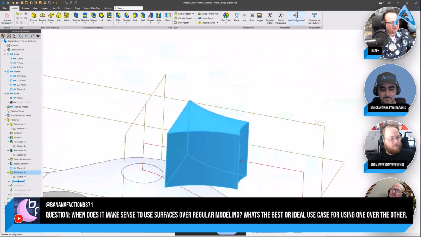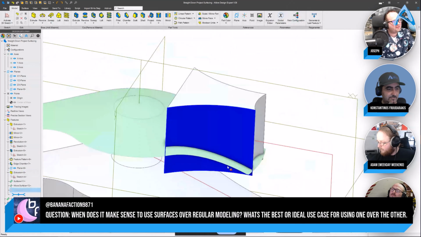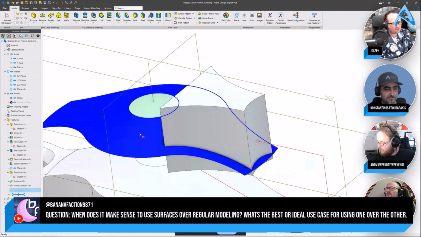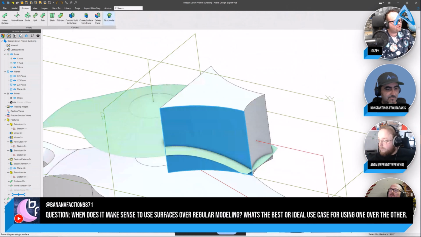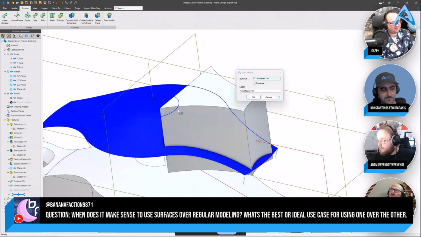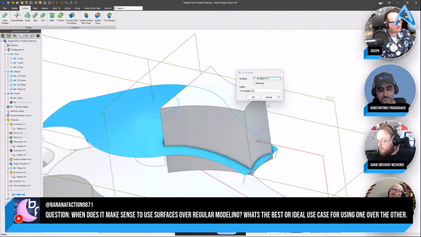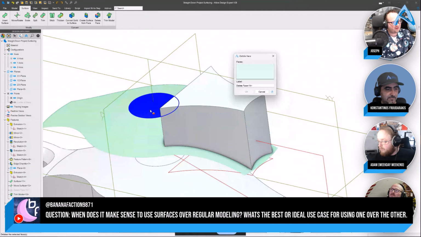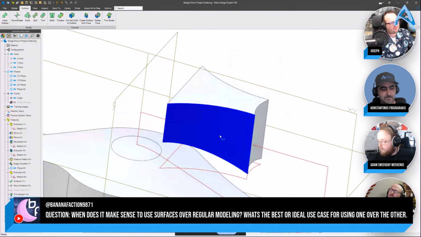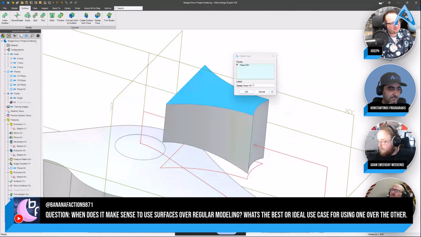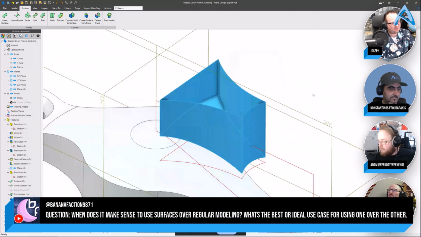So we've got the surface, right? And then we can cut out the bottom of this so that the curvature of this face matches. So we're going to say surface, trim model. We select our surface, and then we just trim out the bottom of that. Now you can either hide or delete the face. There are schools of thought that are great for both. I tend to delete the face to get rid of my surfaces when I'm done with using them, but now we can take that back to a surface,